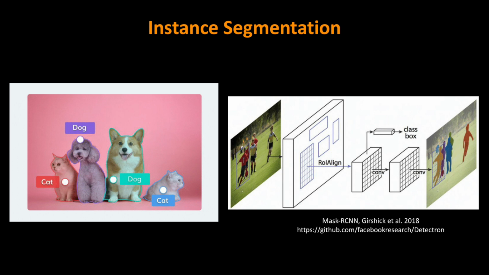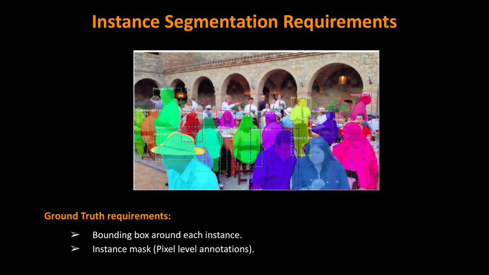Instance segmentation is a computer vision task that involves simultaneously detecting and segmenting objects in an image, and Mask R-CNN is a popular framework for accomplishing this task by combining object detection with semantic segmentation to generate precise object masks. To establish ground truth for instance segmentation, two key requirements are necessary: bounding boxes that accurately enclose each object instance, and pixel-level annotations in the form of instance masks that precisely delineate the boundaries of each object within an